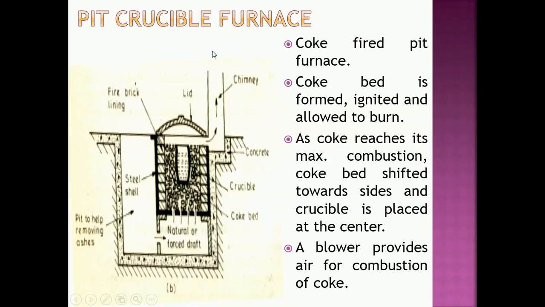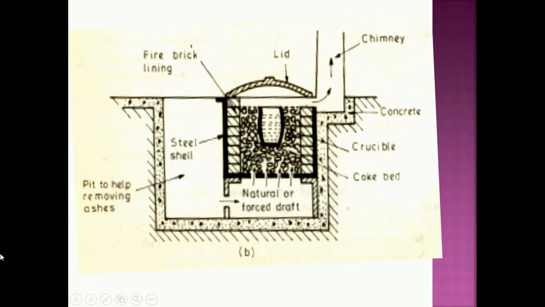This is again a pit crucible furnace of the second design. You can see the picture in detail. This is the ground level. Below ground level we have made a concrete rectangular structure, in which we have placed the steel shell which is lined with refractory lining. You can clearly see the bricks. Here, square side bricks, you can see these are the refractory bricks. They protect the steel shell from getting damaged, and the inner part of those refractory bricks holds the coke.